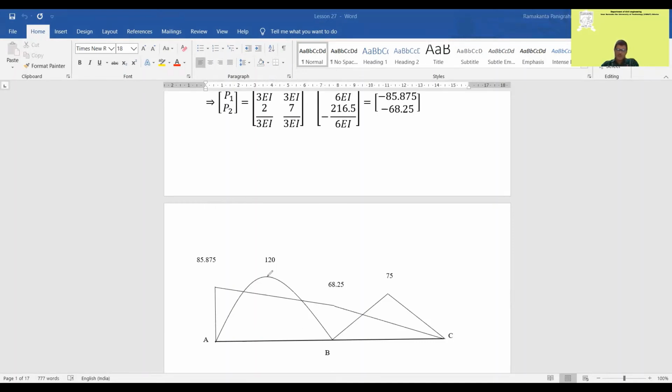Okay, so this value is 120. This value is 75. If you want the maximum bending moment, then you have to split the section as we have done in the case of slope deflection, and you can find out the value. Now here, this is negative. This part is positive. This is negative. This part is positive. You can also show the bending moment by giving these dash lines on the borders. So this will be your positive bending moment.